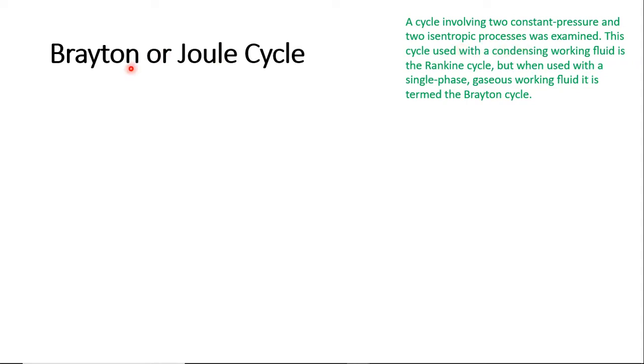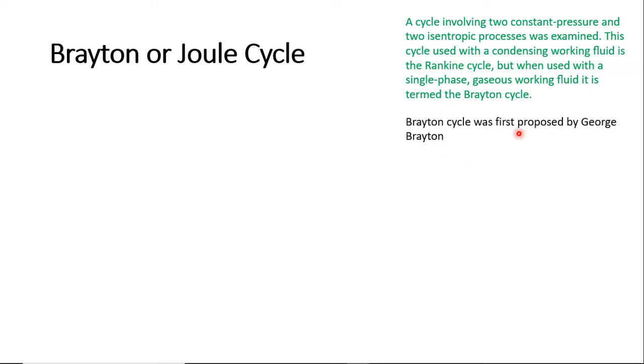In Brayton cycle, we have single phase, that is air is having single phase, it will remain air only, whereas in Rankine cycle we have steam power plant, like water will get converted into steam, it is heated, it gets converted into steam, then again it is condensed and so on. So there we have phase change in case of Rankine cycle.